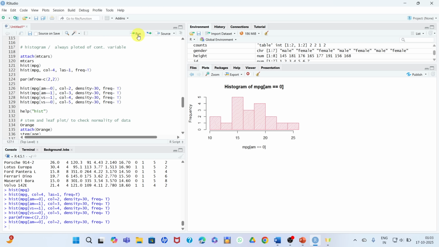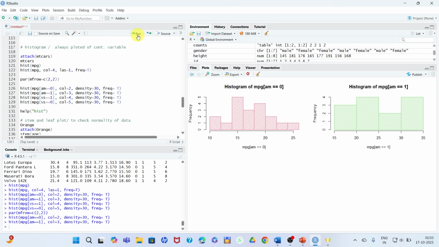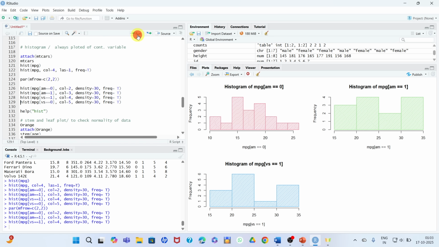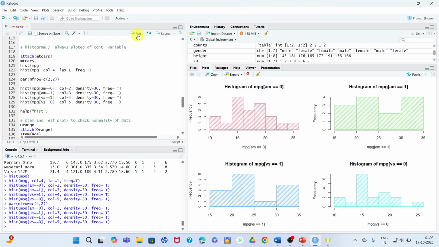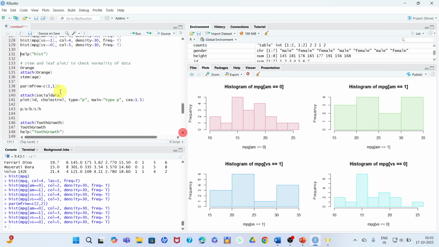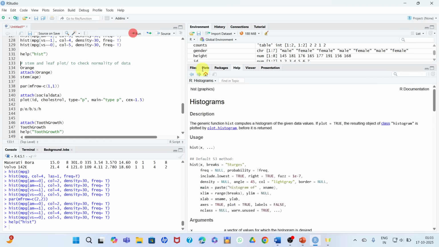First histogram, this command, then again the second histogram, mpg AM, third mpg VS 1, and mpg VS 0. So all your four histograms are on the same page. If anytime you want help, type help and hist, run. You will see all the arguments here.